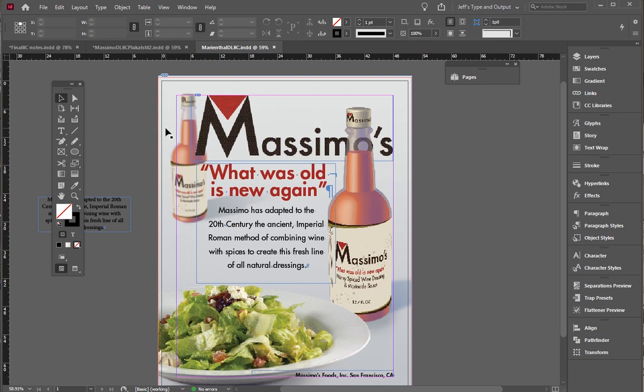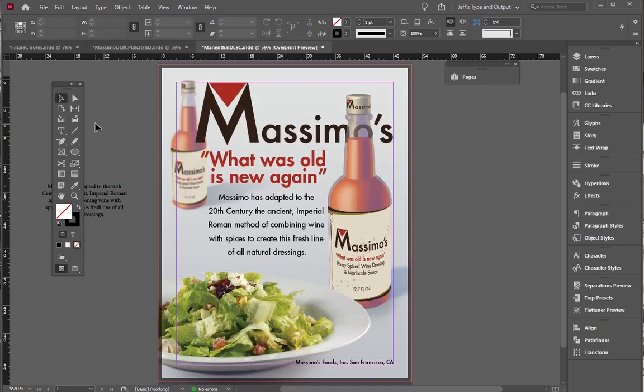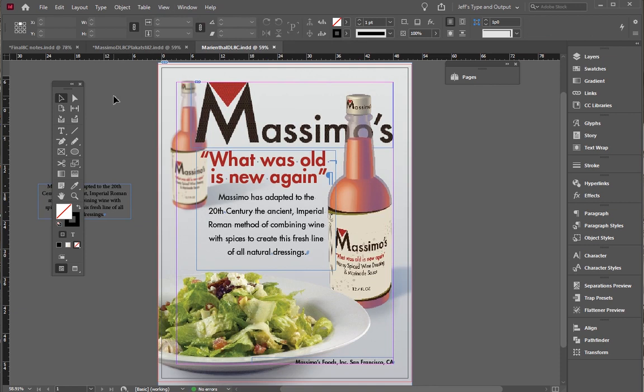And I've already made one PDF, so I really don't have to do it again because when I package it, it'll make a new one based on my last PDF settings. I think that's what I want. Let me take a look at it with the overprint preview. Yes, I like it. Command S save, Command Option Shift P